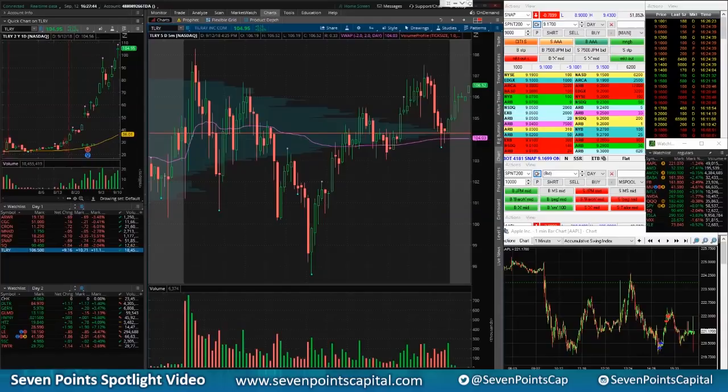So I hear, Twitter sphere, everybody's talking about the shorts getting killed and crowded shorts, but I don't know. It doesn't really make sense because it's hard to get a borrow, and it's really expensive if you're going to borrow it. So I don't know how crowded it really is. So I want to keep this on radar next few days. There's definitely a lot of action here. I had one trade in it,